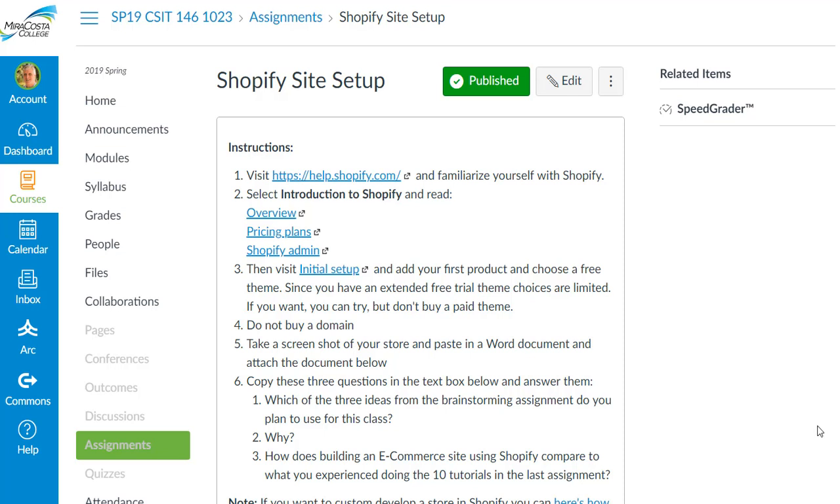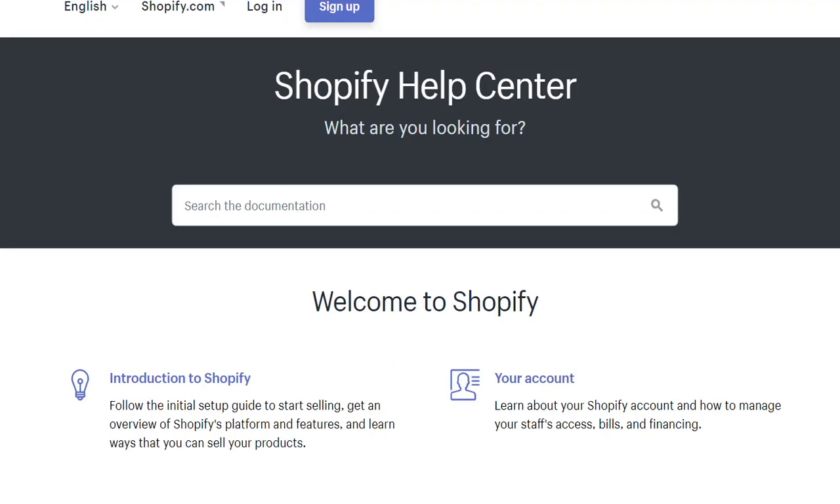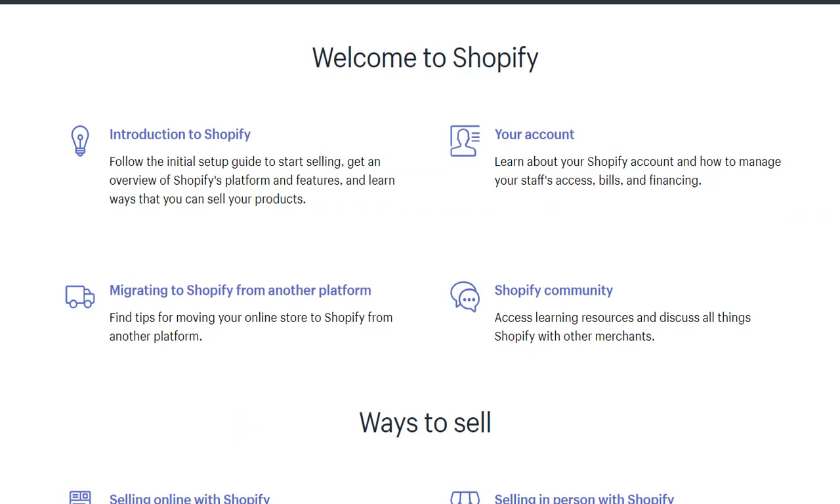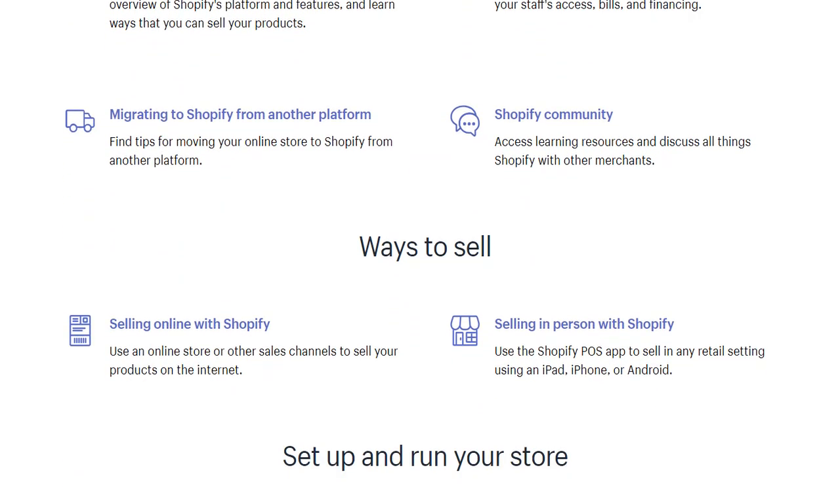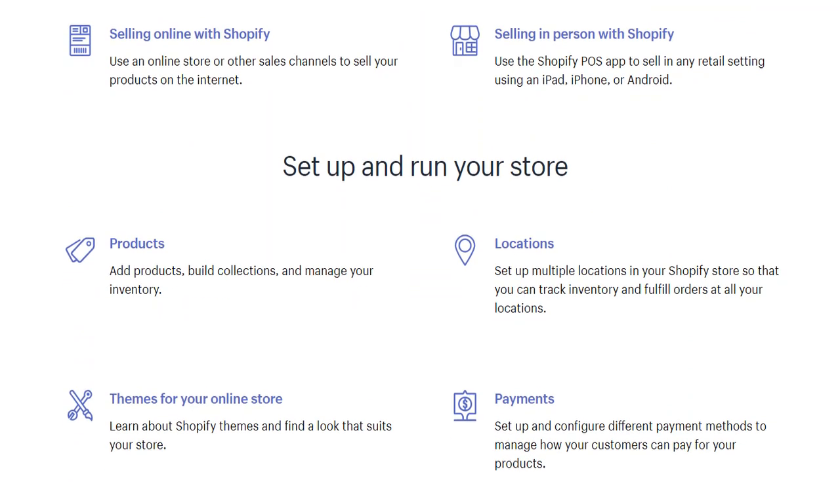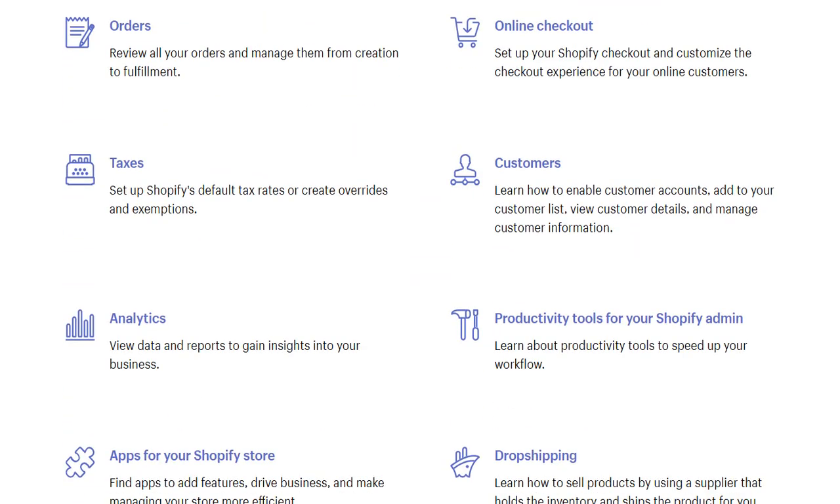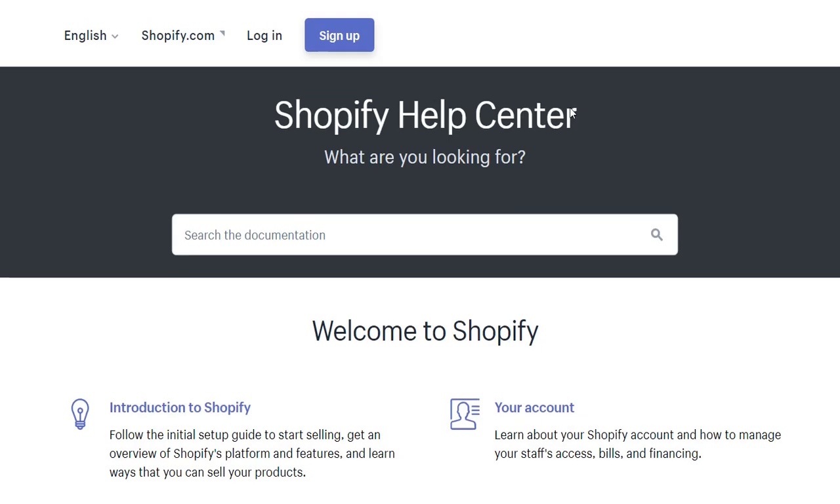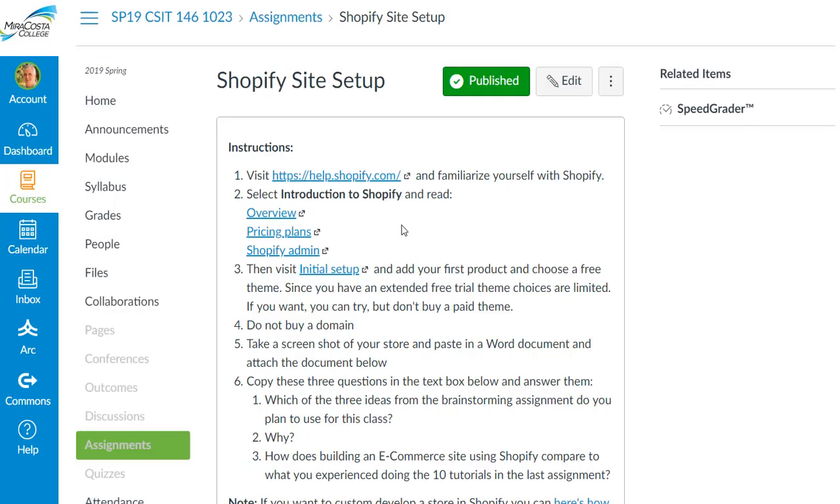So to set up your Shopify site, the first thing you want to do is visit this link here, the helpshopify.com site. And this is your Shopify Help Center. Read through this information. It gives you the basics that you need to know to set up and operate a store in Shopify. And then after you've done that,